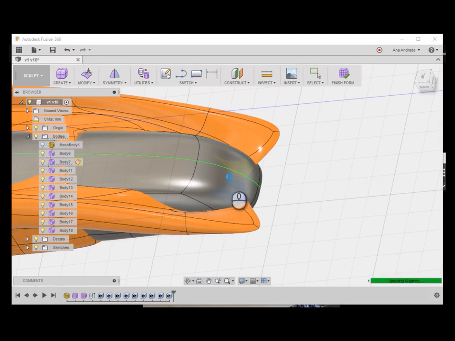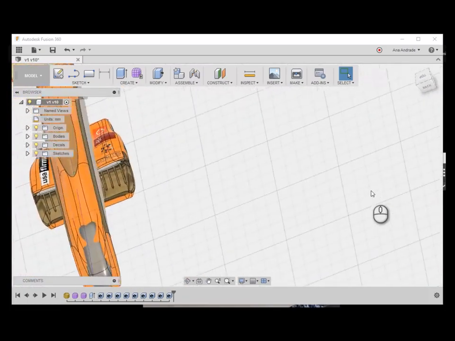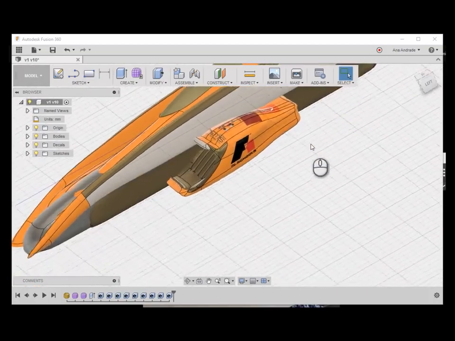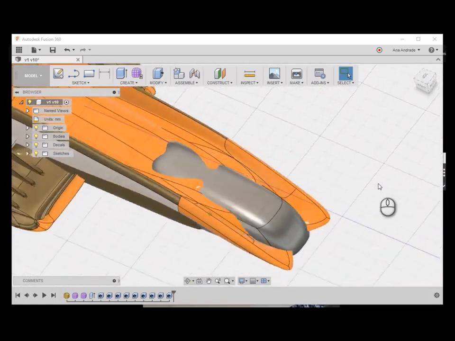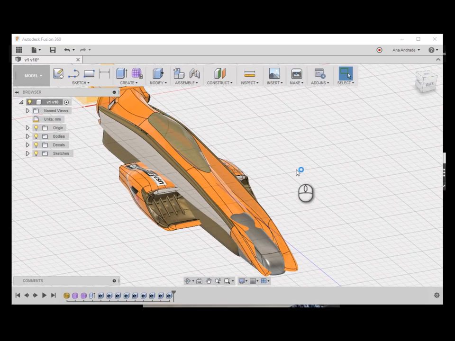I think it worked. Yeah, okay, great. So no arrows now. So we are now in a solid body environment. We're not modeling as before. So now to continue modeling,